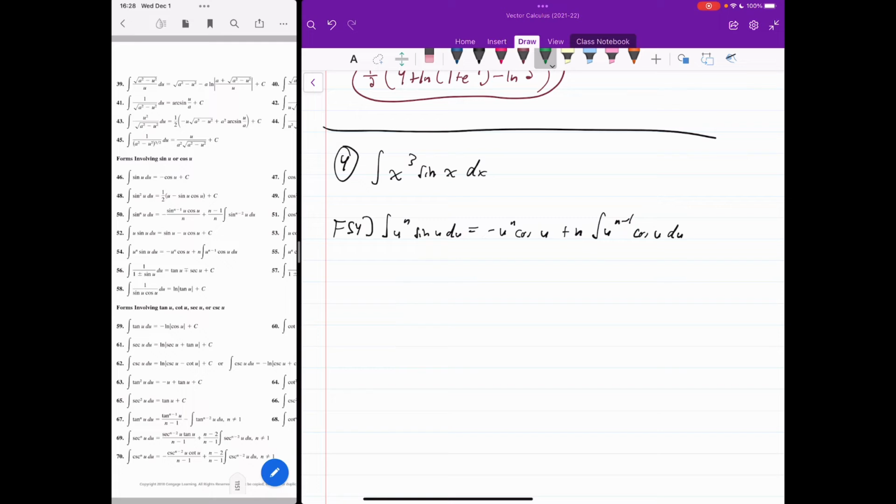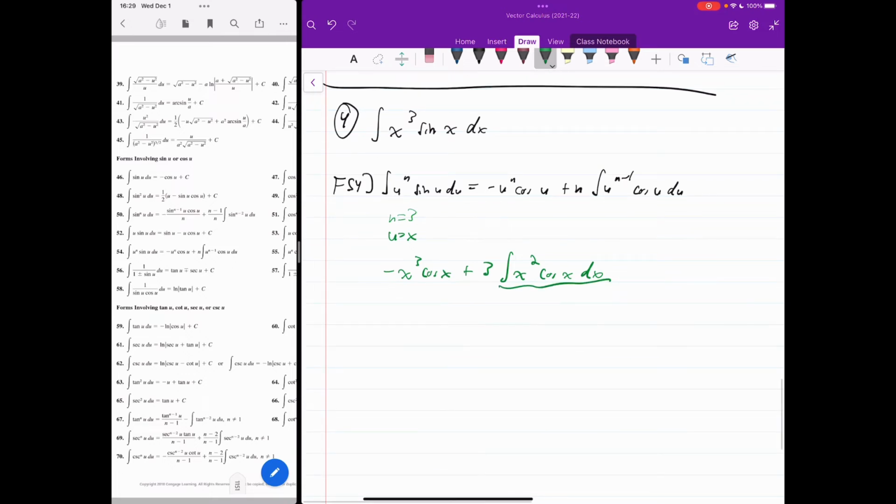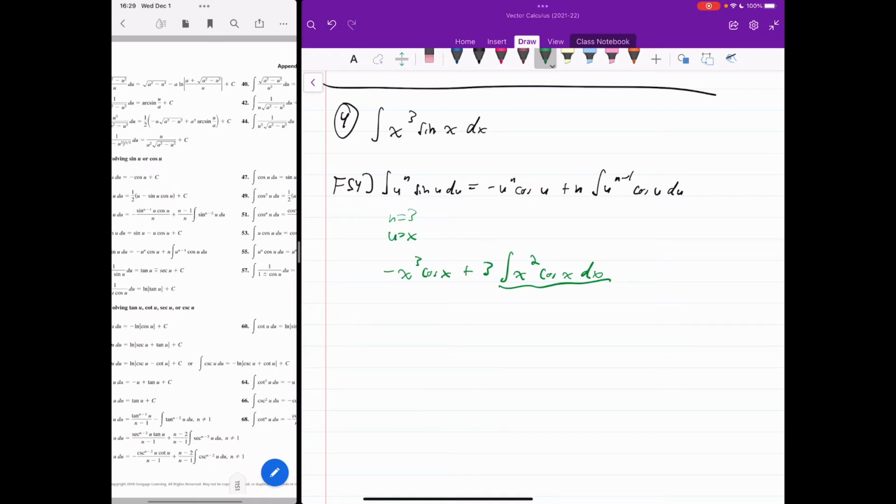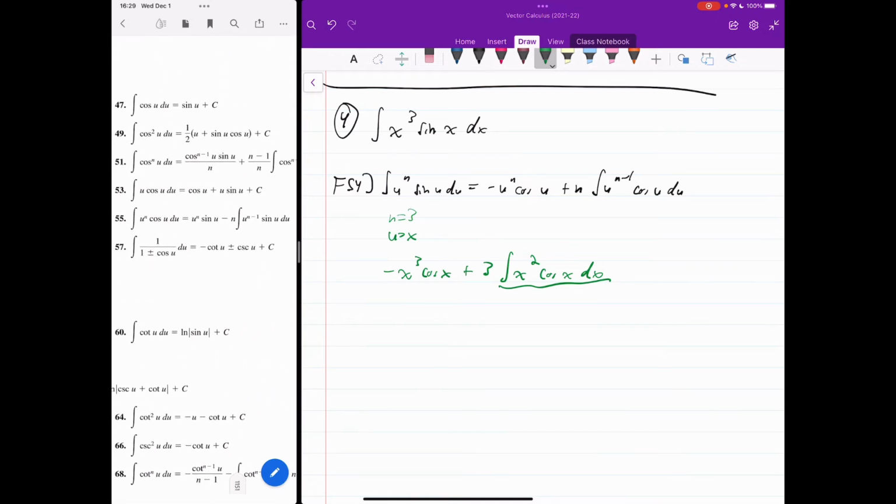So we kind of have to ascribe that n is equal to 3 here. The rest of it's all the same. So this integral now becomes negative, I guess I could say u is equal to x, a negative x to the third cosine of x plus 3 integral x to the 3 minus 1 is 2 cosine of x dx. But this can go further. Yes, we're doing a little Inception style with this. So if I slide over, I see a very similar type of formula on number 55. Formula 55